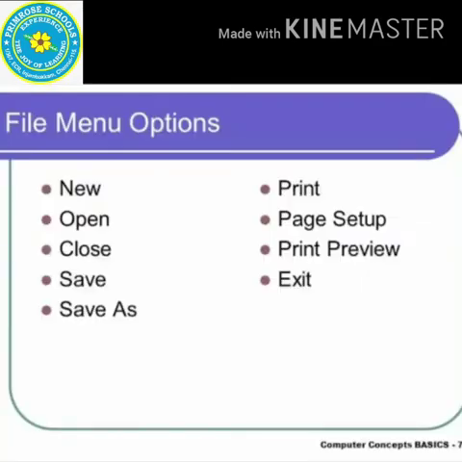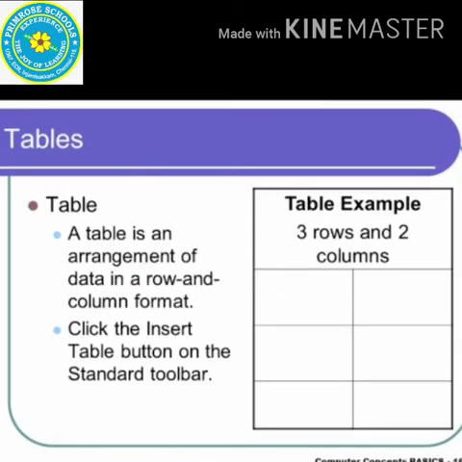The file menu has different options. In case if you want to create a new document, we can click New. To open the existing document, we have to choose Open. To save any document, you can use Save or Save As. In case if you want to print a particular document, we can use the print option. Page setup is used to print a specific page of the document. Exit is used to come out of the document completely.